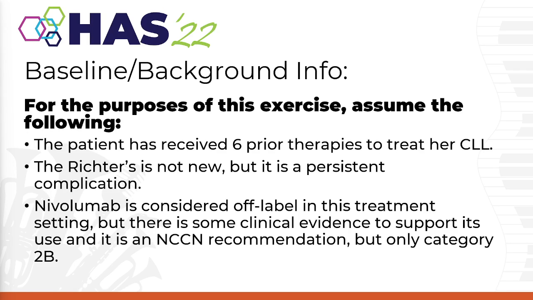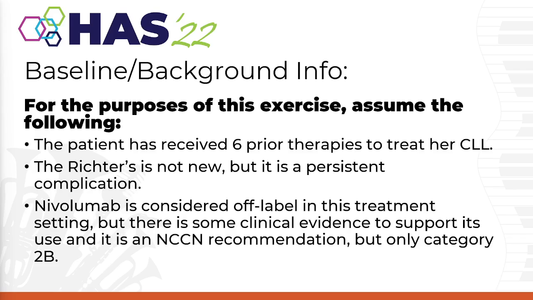who has, as you can see, and I want you guys to assume, we have a poll coming up, and I just want you guys to assume that you know this and understand it for the purposes of the poll. But the patient received 6 lines of therapy to treat CLL. That's a lot. Chronic lymphocytic leukemia is chronic, and usually patients who are placed on therapy can remain on that same therapy indefinitely with no disease progression. Occasionally, patients' disease changes, they have new mutations, and they lose response to that therapy, and then we change to another line.